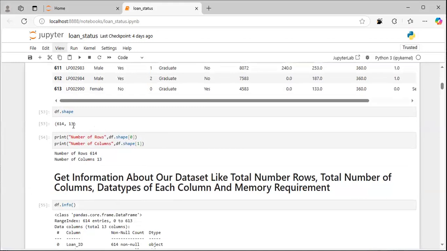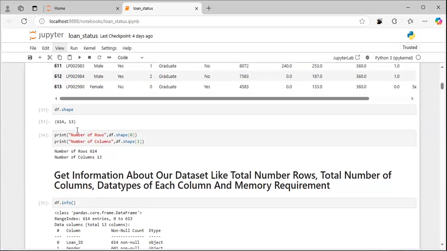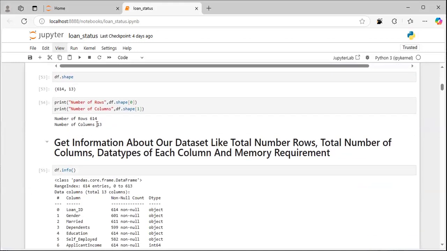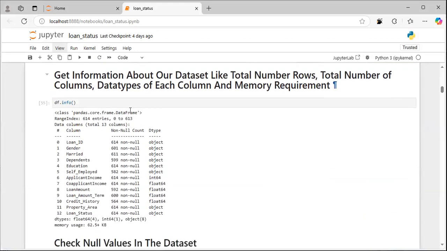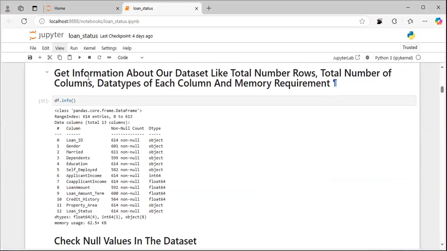Here you can see I have 13 columns and 614 rows. Now I want to get information about the features, data types, and how many null values are present, so with the help of df.info